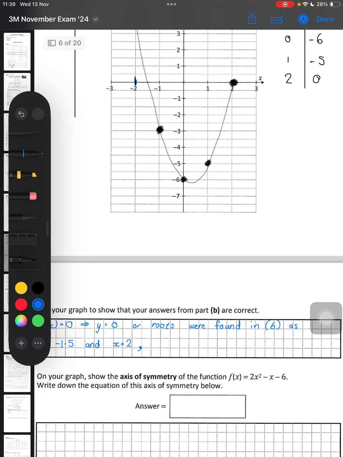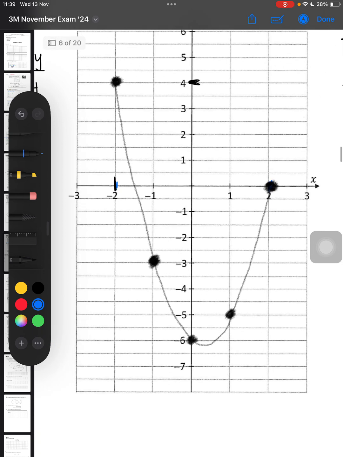I'll say these values of x on the graph are roots, or are intercepts with the x-axis. So I'm going back to this graph with a different color,